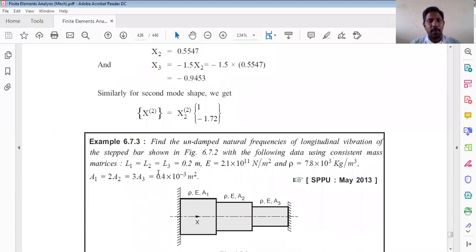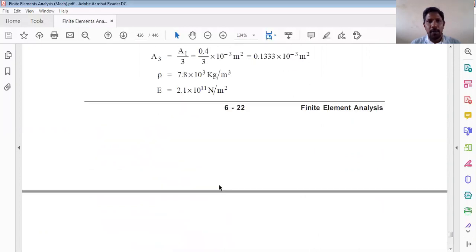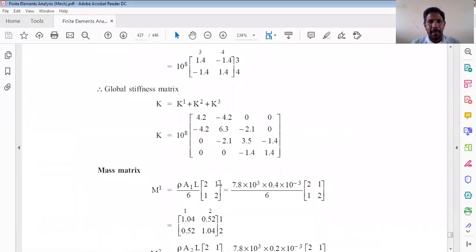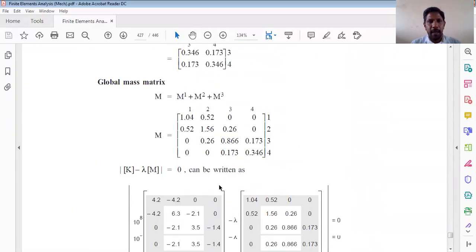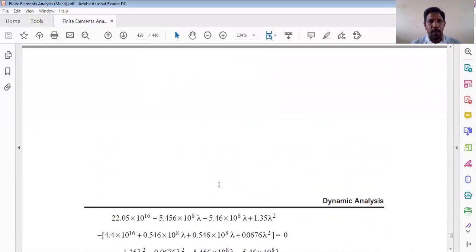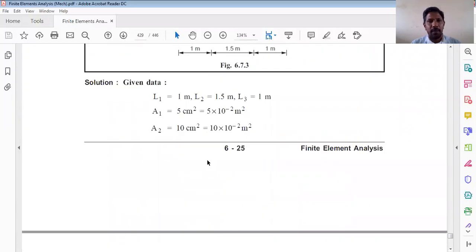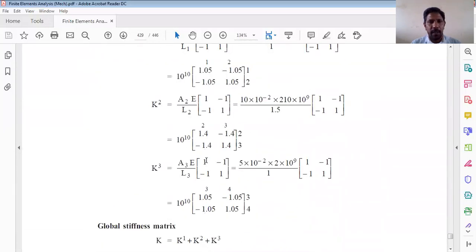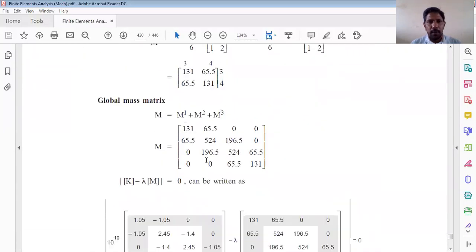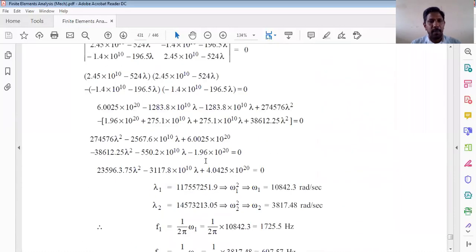Similar to that second problem, we can find the solution for the three-stepped problem also, so I will not go into detail on this. This is the way we have to solve the dynamic problems. Even this problem, we can solve similar to the previous problem. So I hope you can solve these types of problems